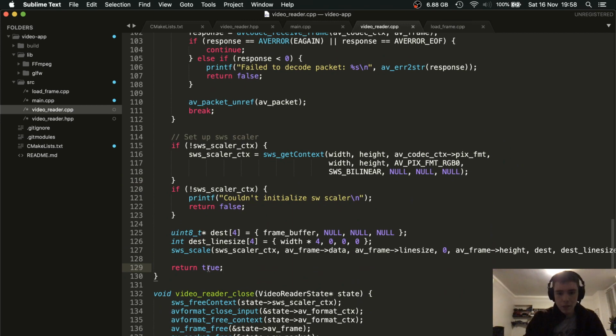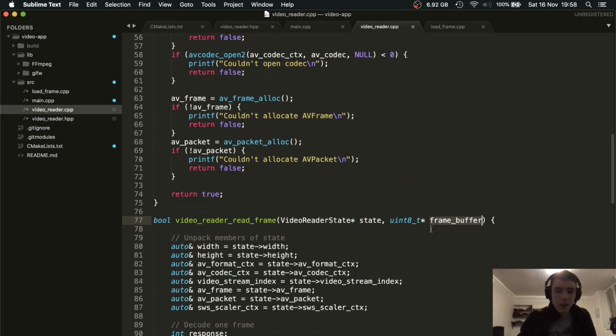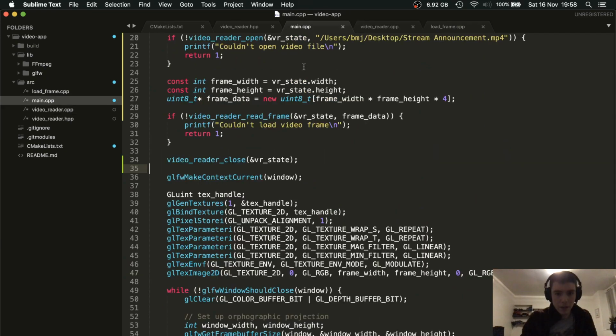By the end of it, if it returns true, that's because it will now have filled the frame buffer we gave to it. If you look at the header here, if the function returns true, that frame buffer will be filled with the newest frame that we received from FFmpeg. So